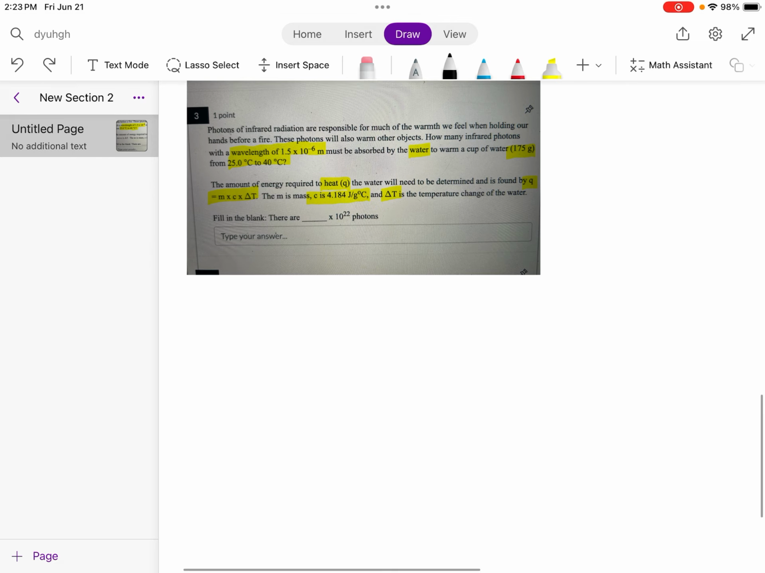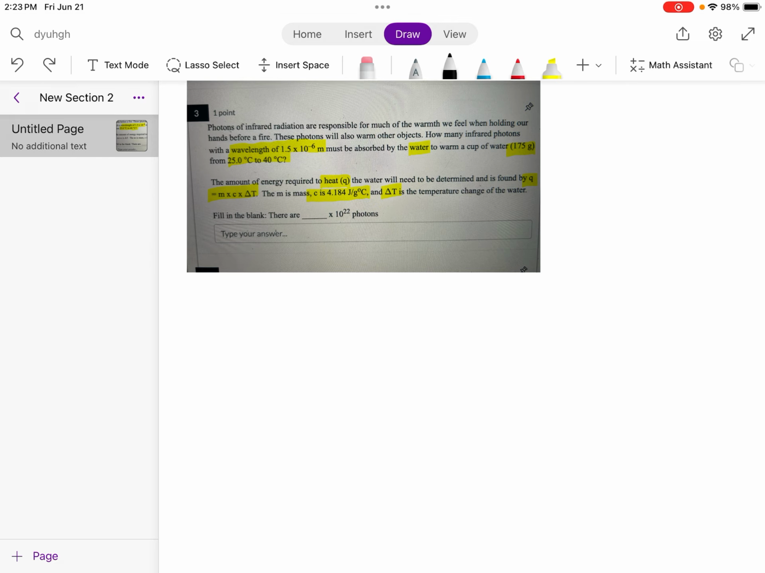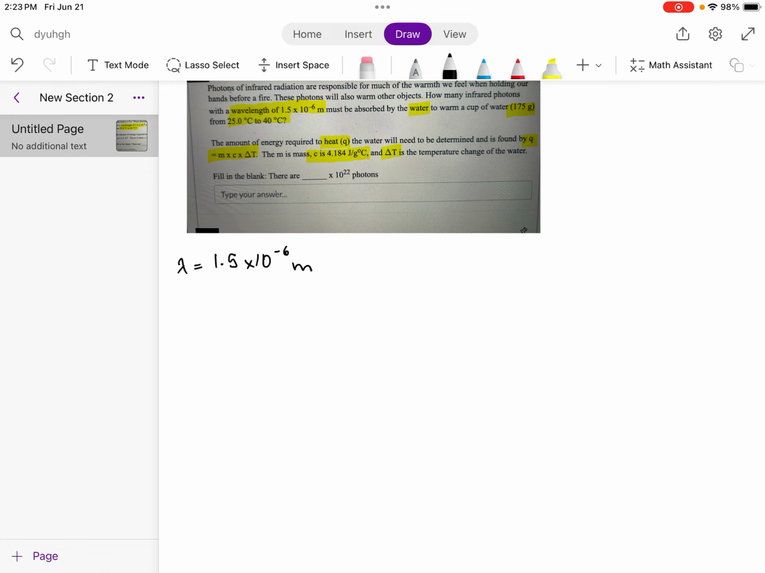So let's write everything down. We know that the wavelength is that. This is lambda, a Greek letter they use to represent wavelength. So 1.5 times 10 to the negative 6 meters. Okay, and we're using water. The mass they gave us was 175 grams. And our